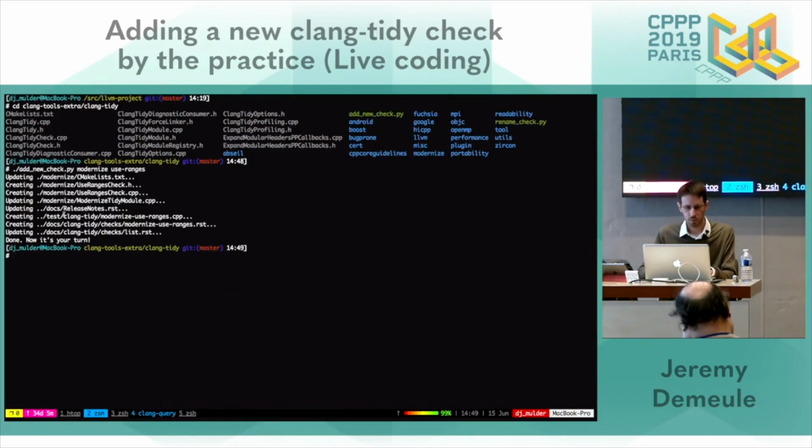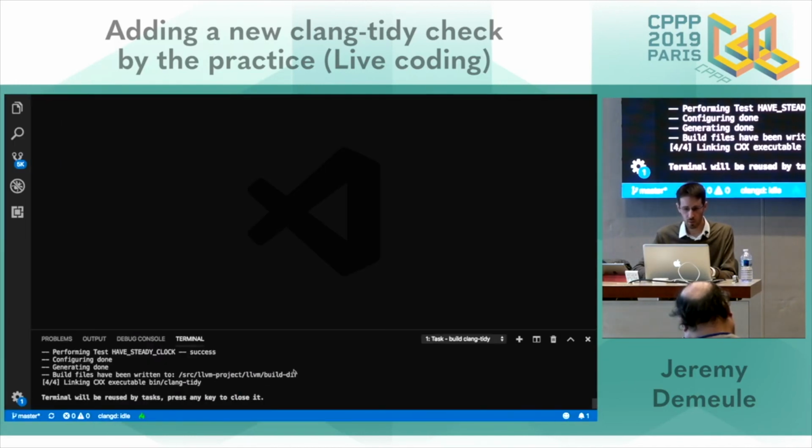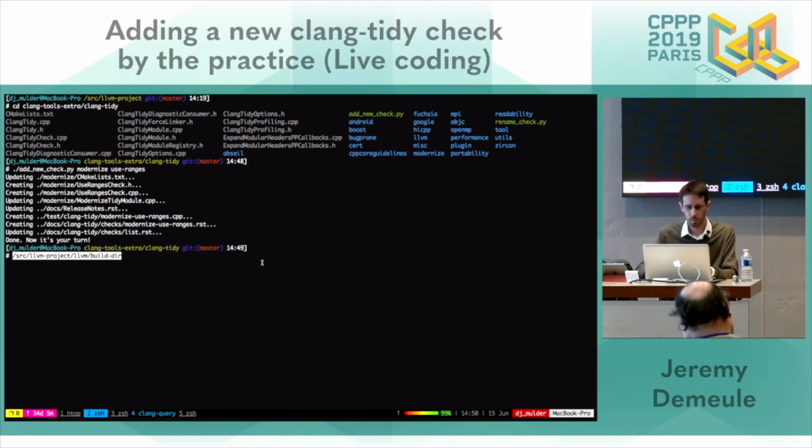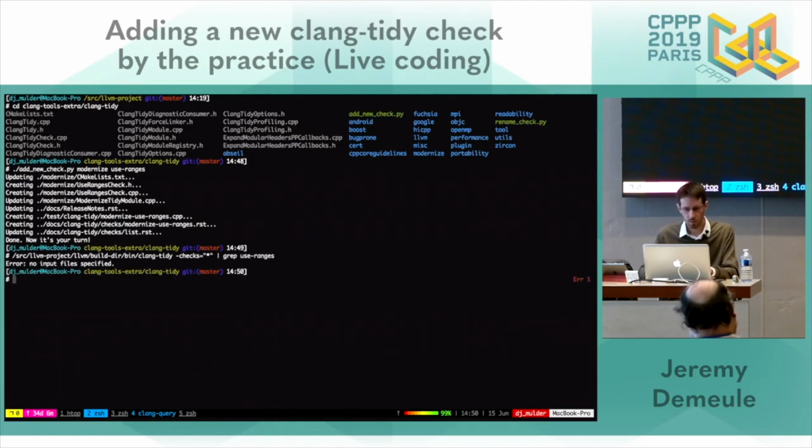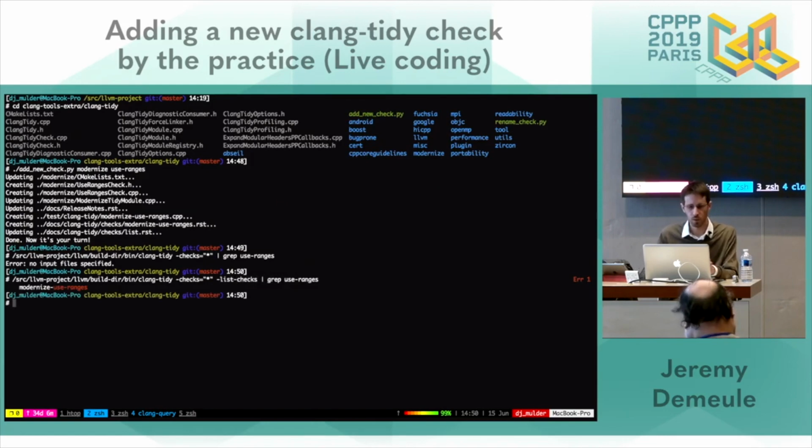The compilation is done, so now I can launch my new clang-tidy. bin/clang-tidy. Again, I will check if my check is registered. Okay, my check is correctly registered.